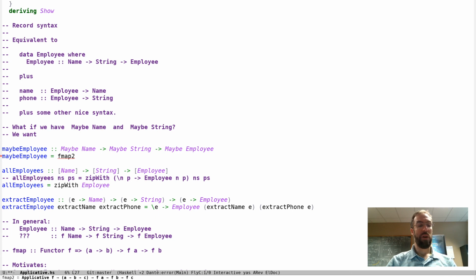We could use fmap2, and I have to give it a function from name to string to employee, which I know is just going to be the employee constructor. And it's going to then give us what we want, right? This is going to be a function from maybe name to maybe string to maybe employee. And we can see what this does. If we load this,